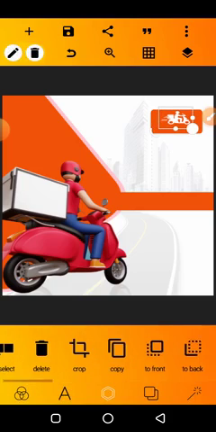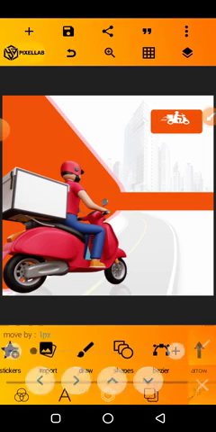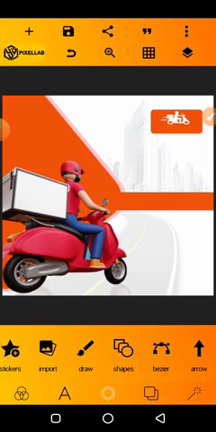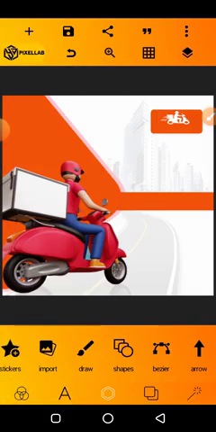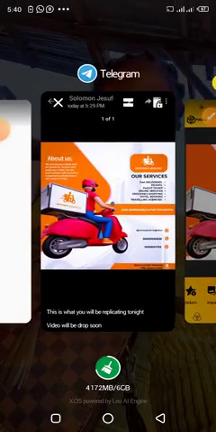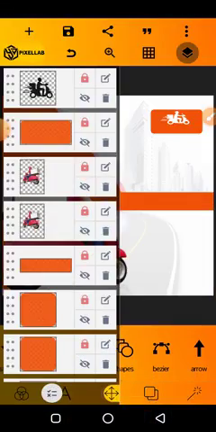As a designer, you need to always ensure your work is well arranged and aligned. Okay, so what we are going to do next is to bring in our text. But before then, remember there's a line, this down line. What we are going to do is to just copy this,